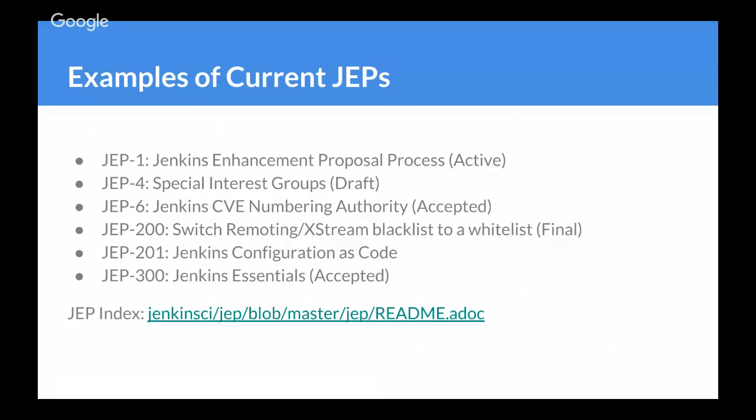We're just sort of shoehorning it in for the moment, because of the size of the things we're trying to do. What they describe is the overall goal and the high level design. JEP 201 is also accepted, I didn't mark it on here. Both of those describe the high level design and intent of